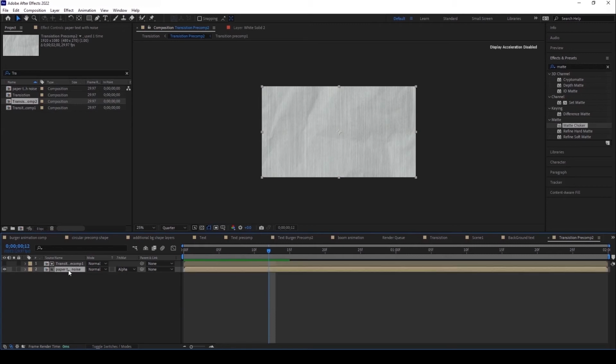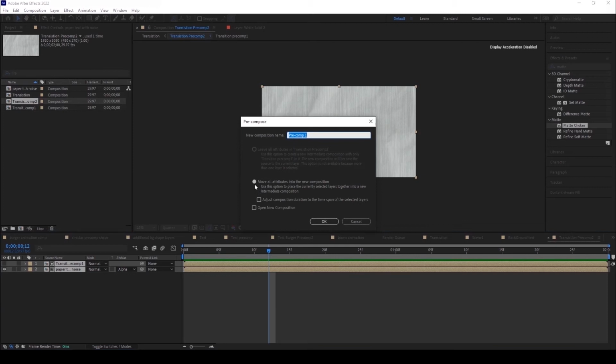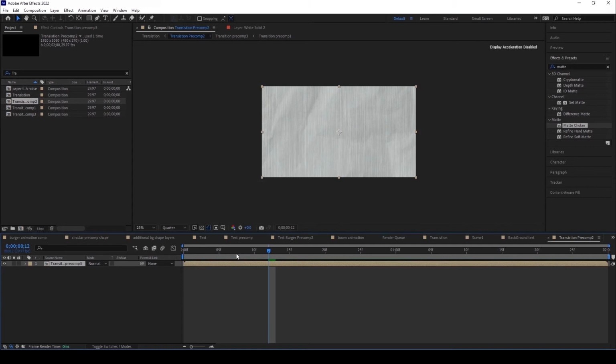And once I select both of these, again I need to pre-comp this one, rename it as transition pre-comp 3. Alright, now we finished this one,